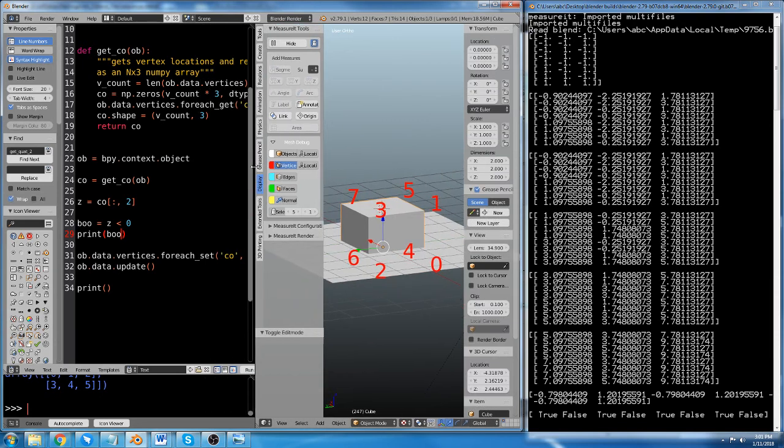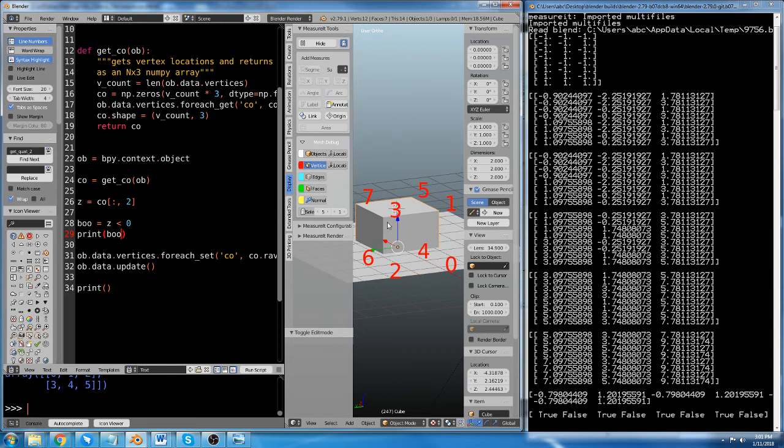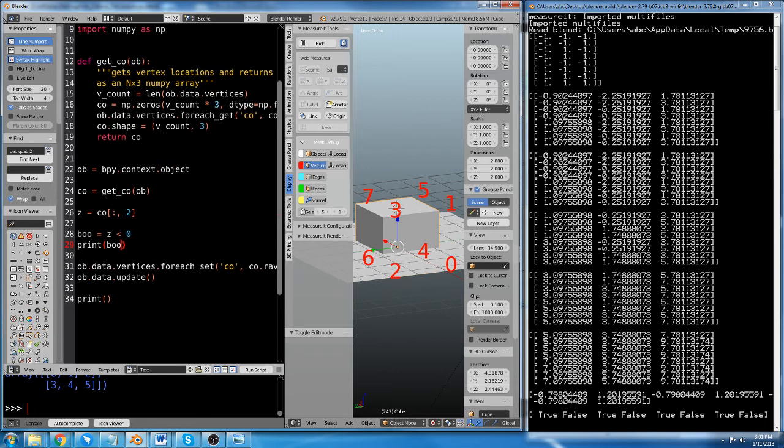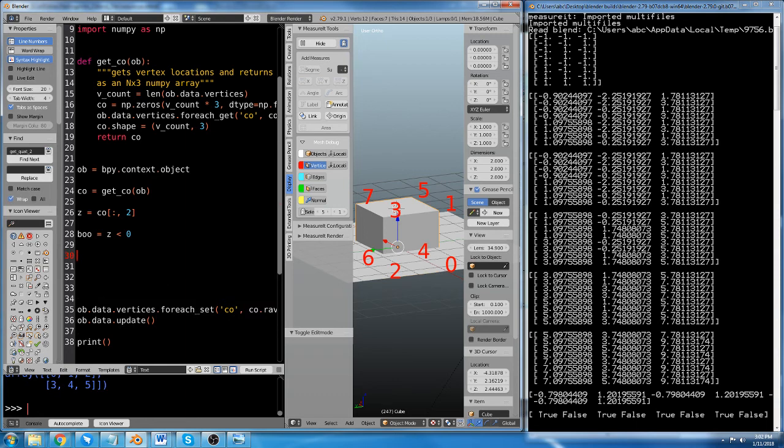Alright, so now let's do something with this. Let's say that our cube is scared of water. So every part of the cube that is underwater wants to get out of that water. First of all, we need to find everything that's underwater, which we've done here by saying, here's all my z values, here's an array that tells me which z values are underwater, and now we're going to access every one of those vertices that's underwater, and we're going to tell it to get out of